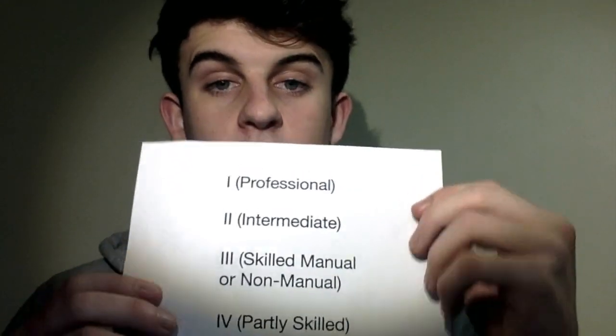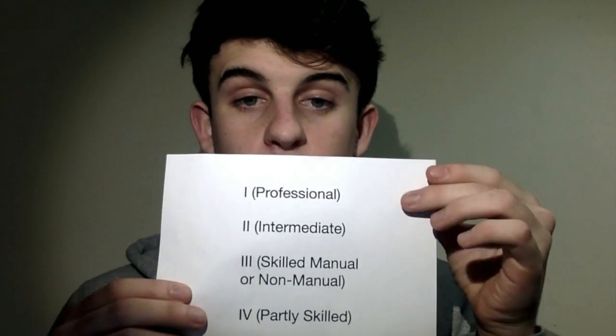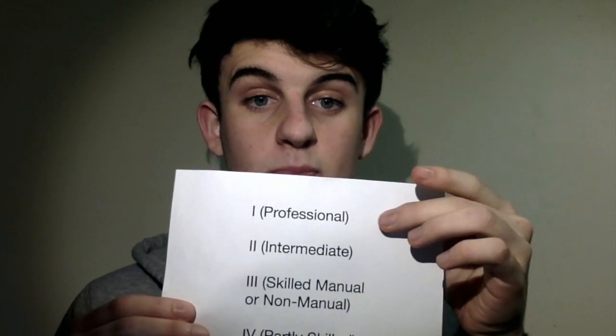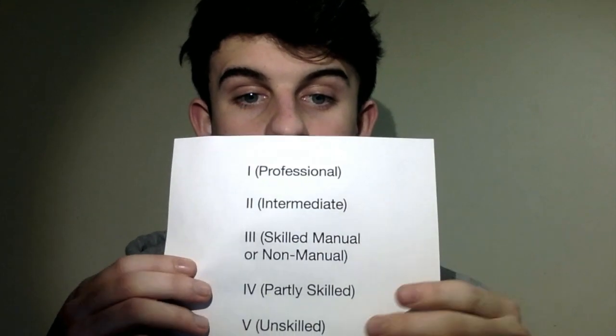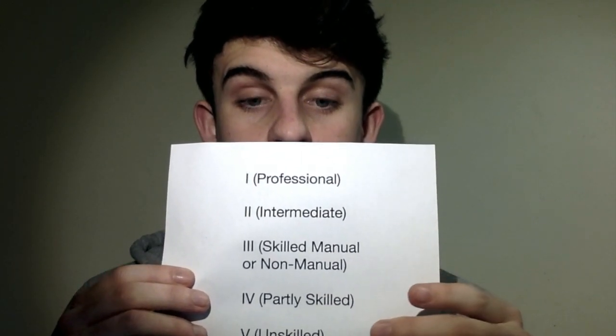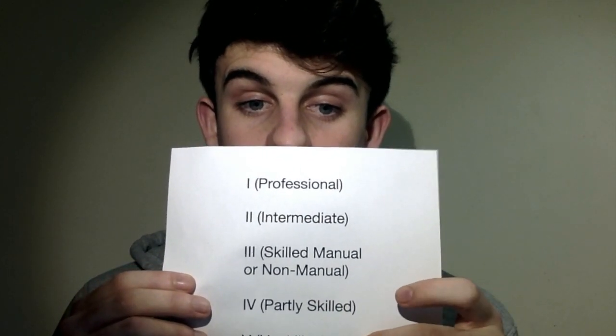And then all of these things are put together and you're put into a class, sort of like this one. So you would think that if you were a doctor and you were earning lots of money and you were well educated, then you'd be at the top of this tree. Whereas at the bottom, if you didn't have many qualifications and you were a cleaner and you didn't get paid very well, then you'd be at the bottom. So this is how it's categorized into a sort of format that you can look at to compare with something like health.